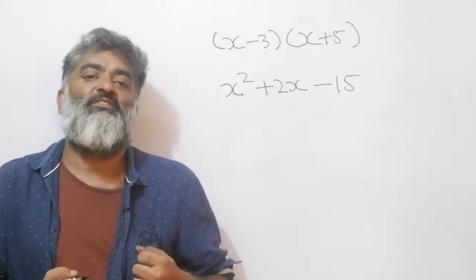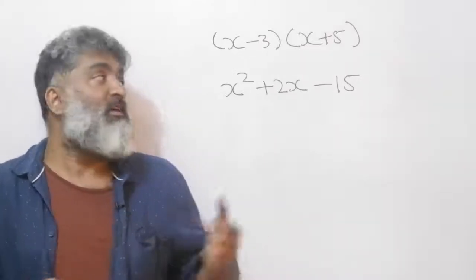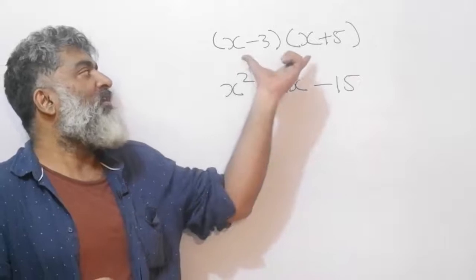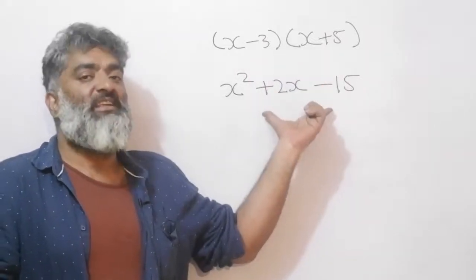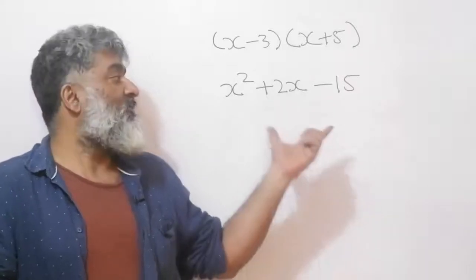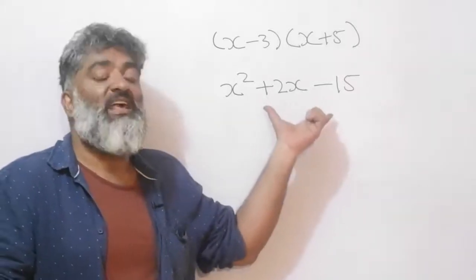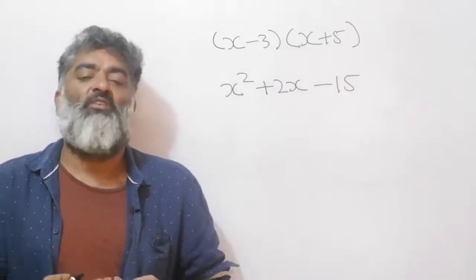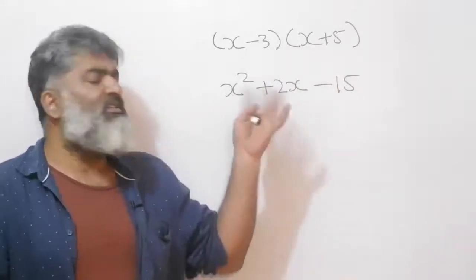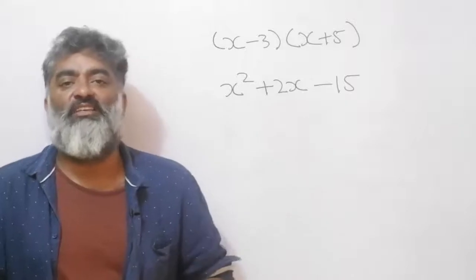So far in the journey, we have become hopefully comfortable with the idea of multiplying these two terms and reaching this expression, and going backwards and being able to factorize this into this form as such. That is the sum total of the journey that we have made so far. We played with a lot more scenarios, but this is the essence of it.